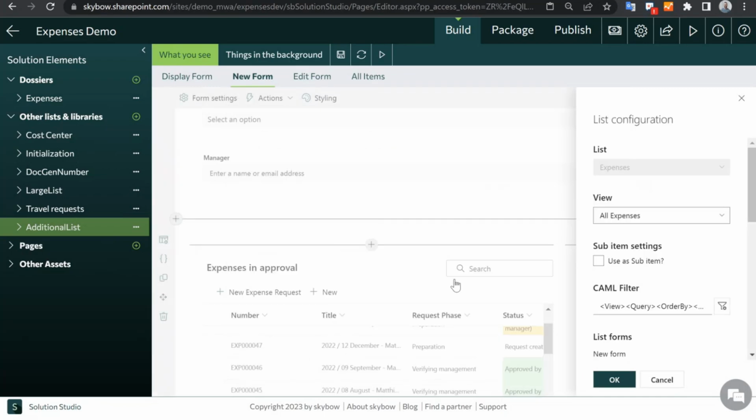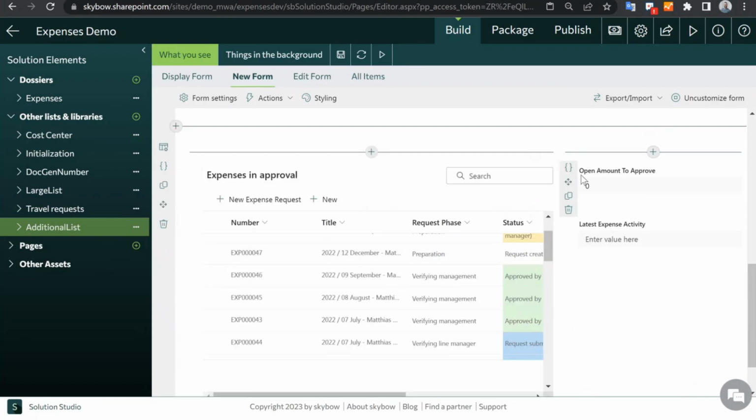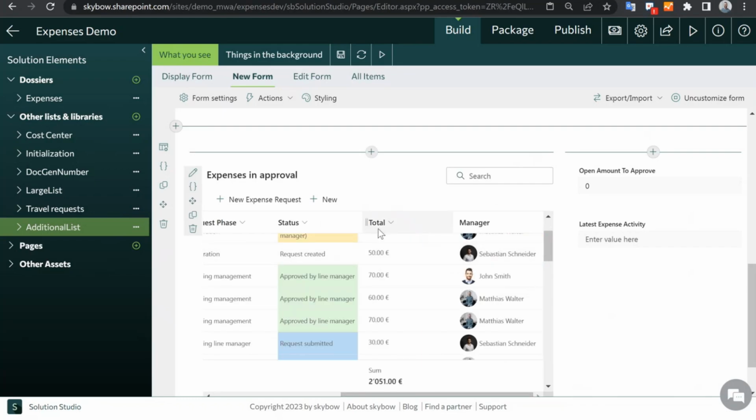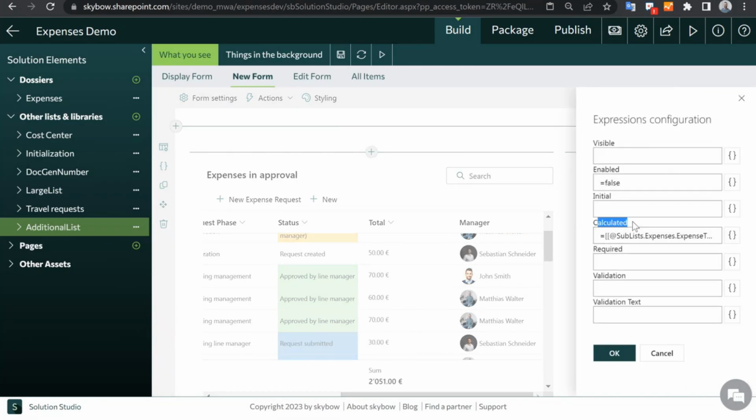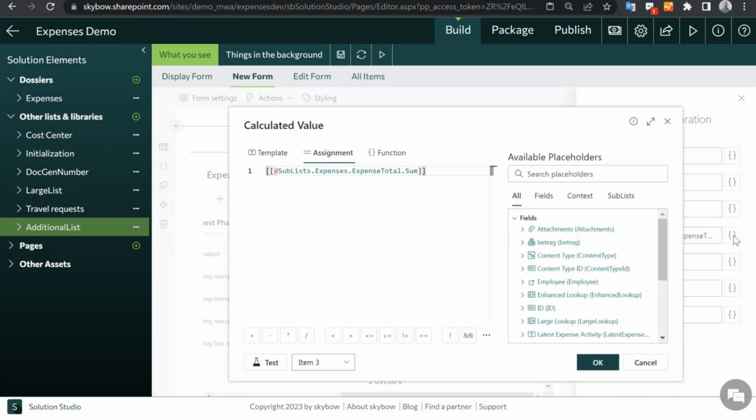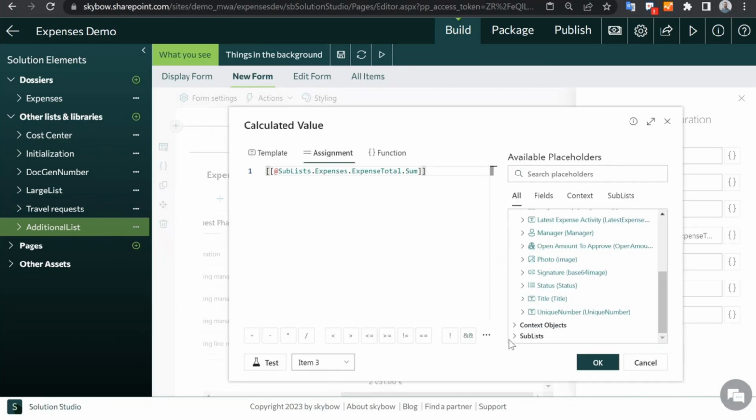Right. So that's a sublist with a dynamic filter added to this form here. Then here on the right side, I've added a number field, and this shows the sum of all these sub items. So this one here, and it's just a calculated field, a calculated expression, and because we have sublists, as soon